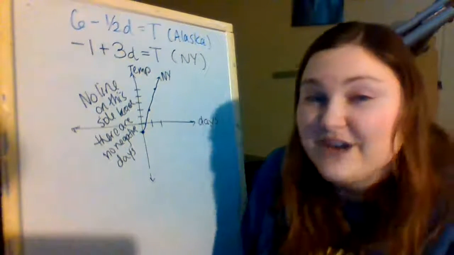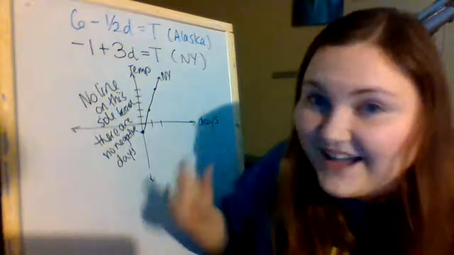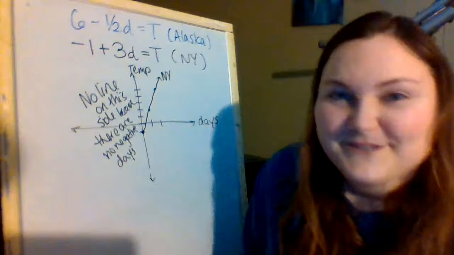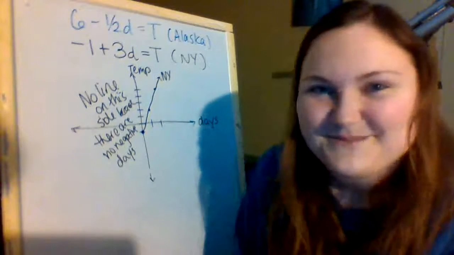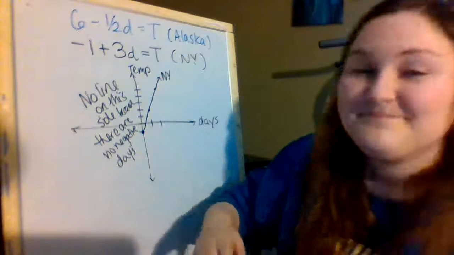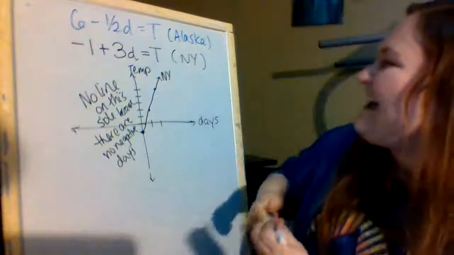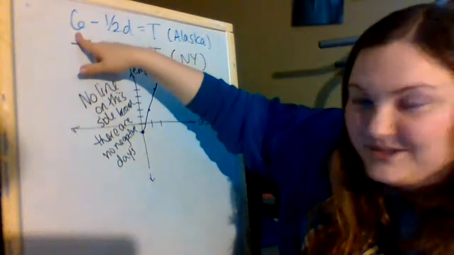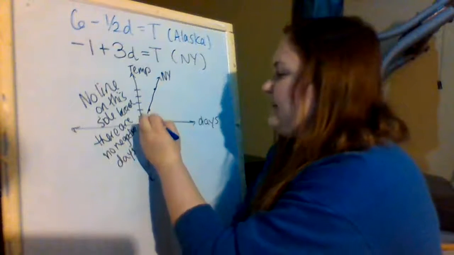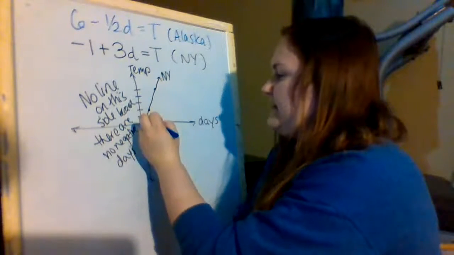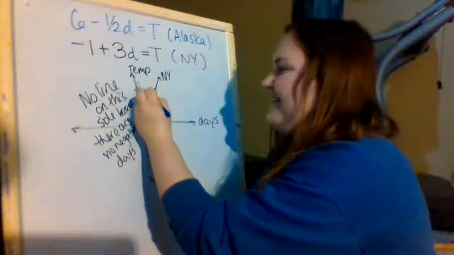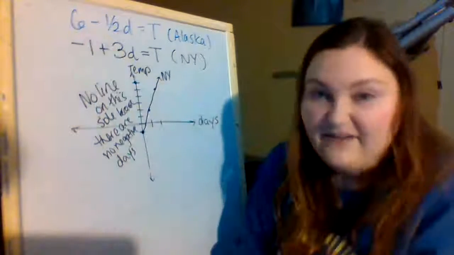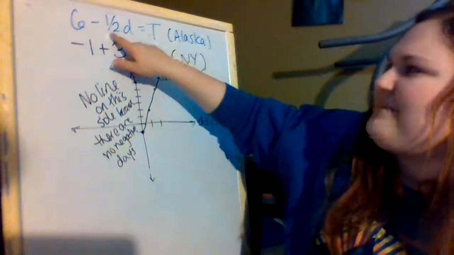If you want to go ahead and try graphing it on your own, pause the video now. I never know what to do after I ask you to pause the video, except just pause. But maybe you've graphed now. If we want to graph this one, we're going to start at our y-intercept, which is 6. 1, 2, 3, 4. What did I do? 1, 2, 3, 4, 5, 6. So day 0, our temperature is starting at an average of 6 degrees, and then it's dropping half a degree